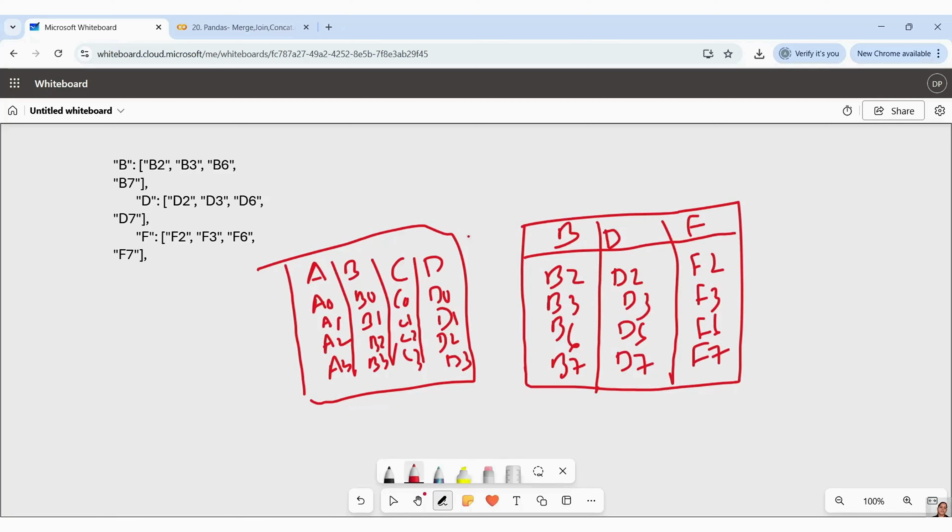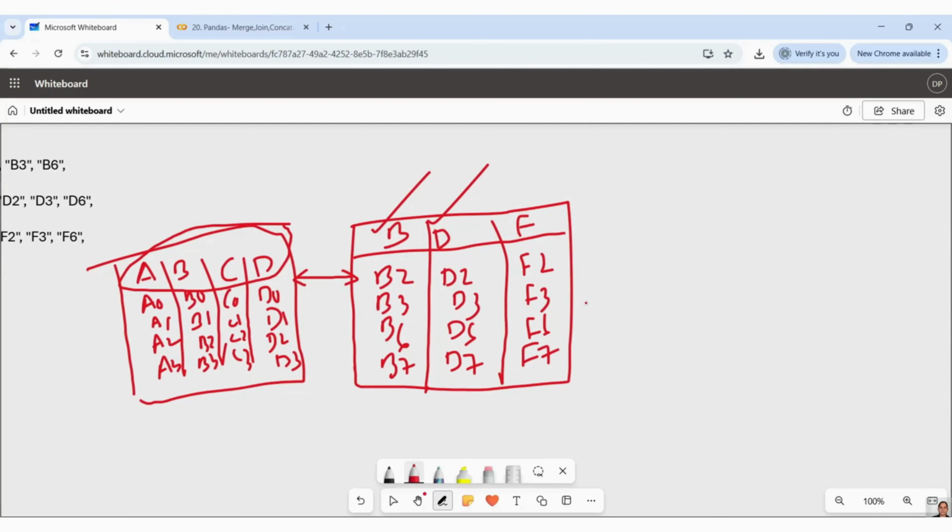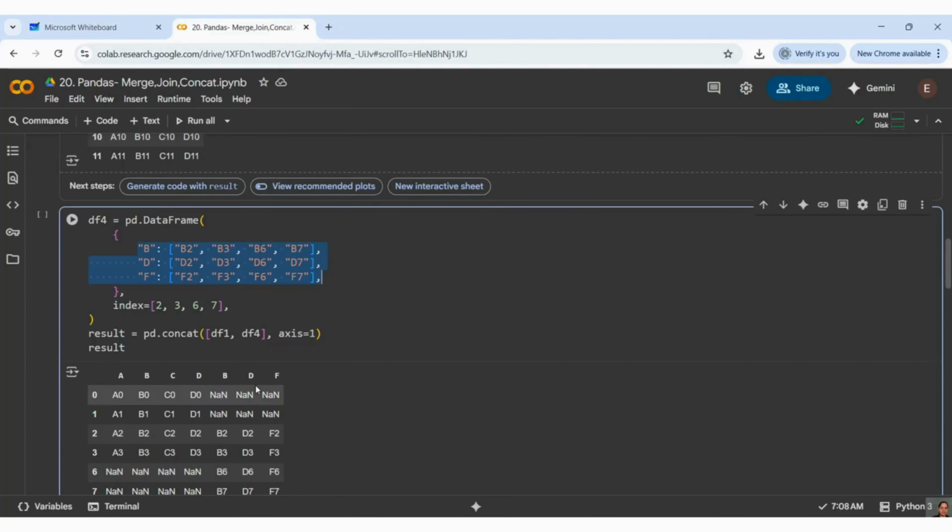So guys, when I'm talking about concatenate, what exactly is it doing? It is checking that this column and this column are the same, and at the same time it will do row wise concatenation. So what output am I going to get?